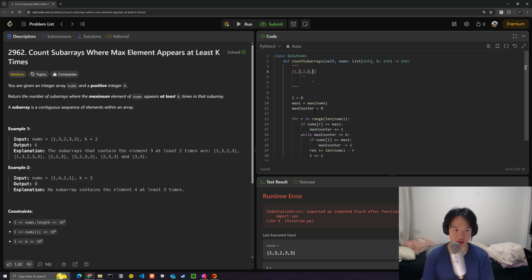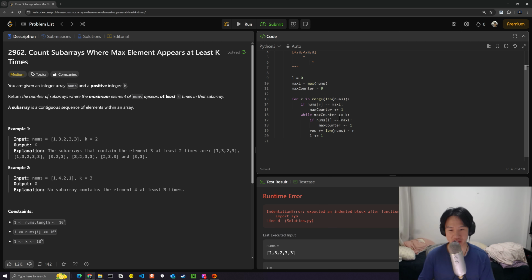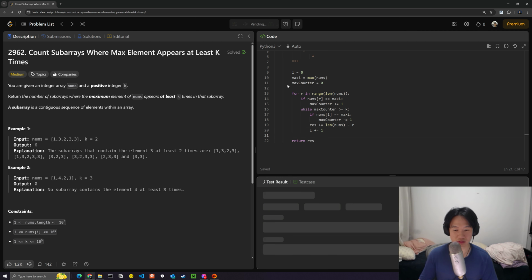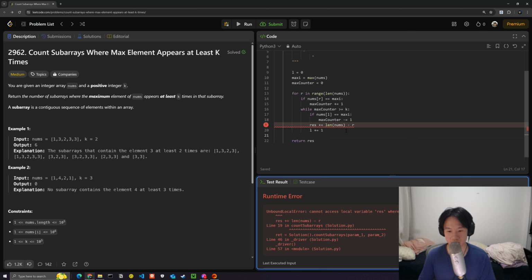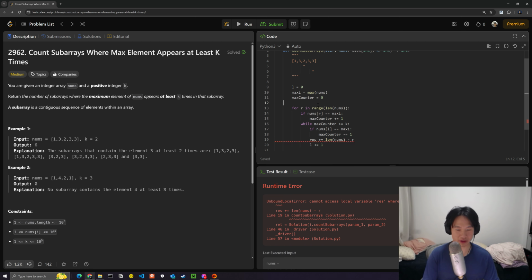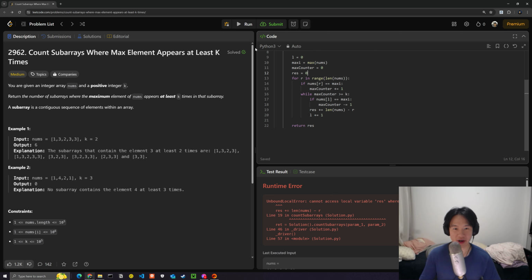Because it doesn't matter if you add an extra element onto it, as long as the k or the maximum element is within that subarray already, you can keep adding onto it until it reaches its end. So if we go ahead and run this, we also have to have a res equals 0. If you go ahead and run this,